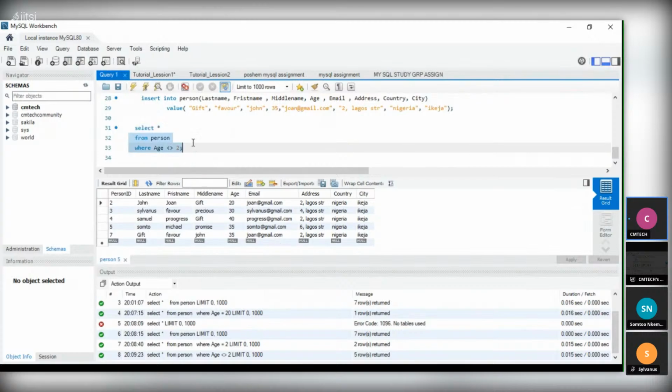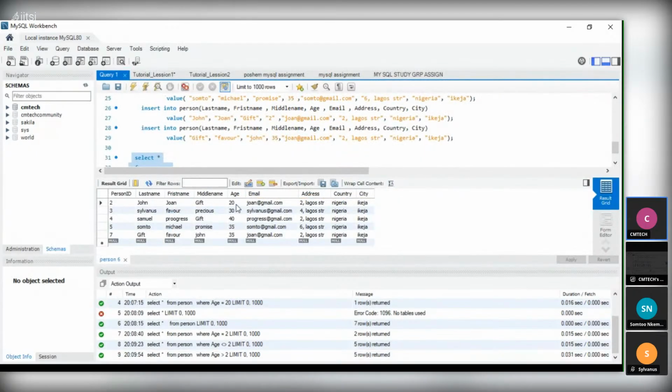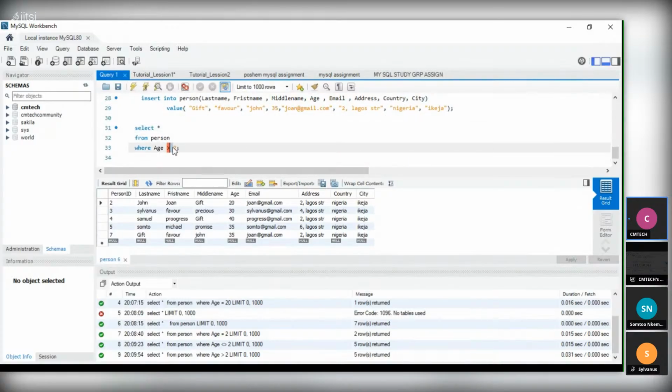So now let's use just the greater than 2. See the same people because all these numbers are greater than 2. Let's say greater than 1 or 0, or lesser than 2.